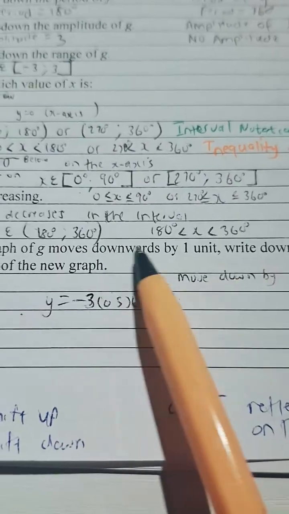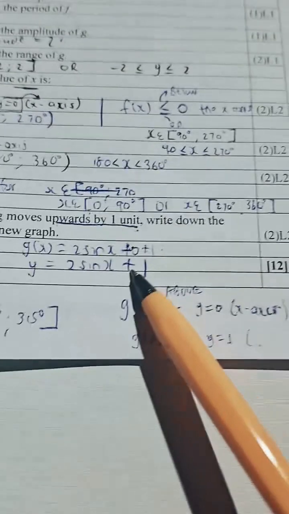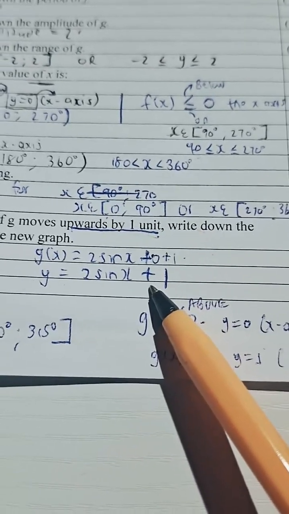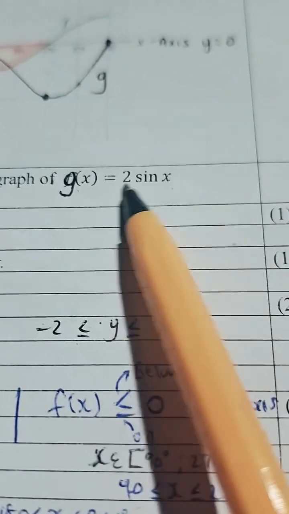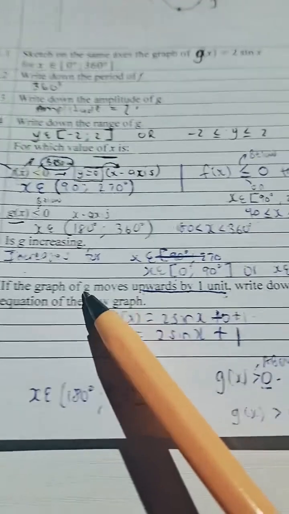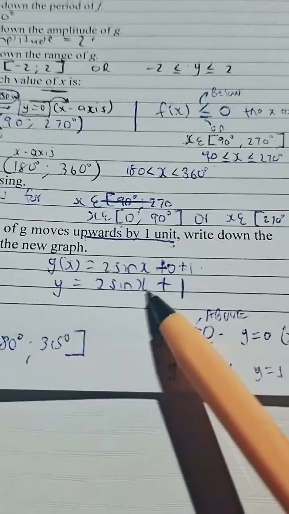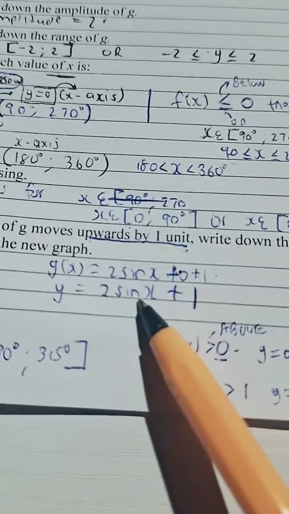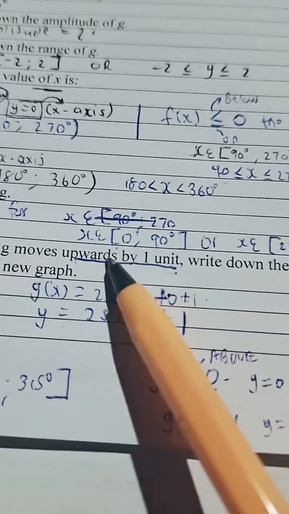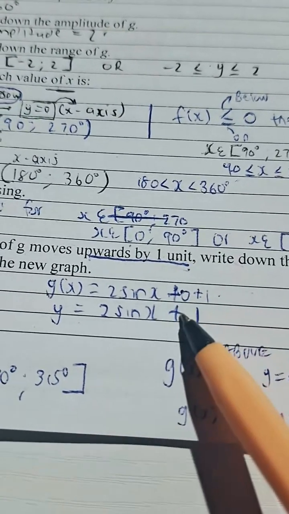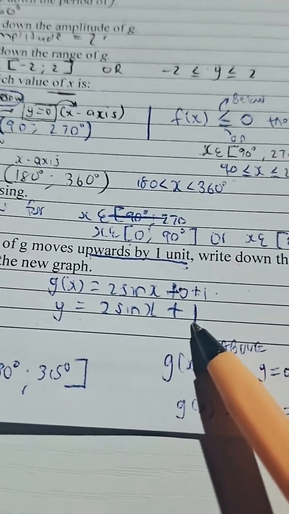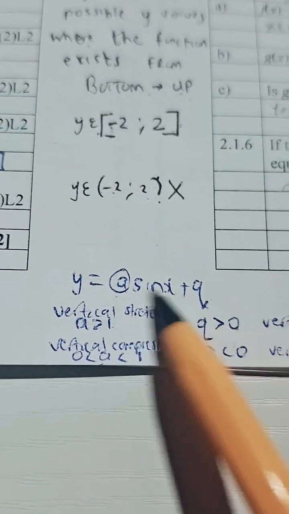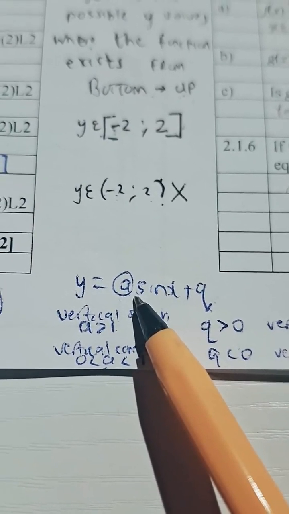If they had said moves up by 1 unit, like we did in the previous question yesterday when we were doing trig functions, where G of X was given as 2 sine X, and we were asked if the graph moves upwards by 1 unit, write down the new equation. We wrote it down as 2 sine X plus 1, because moving up means we add 1 to the value of Q. Remember, guys, that this is the standard form of our sine, cos, and tan graph